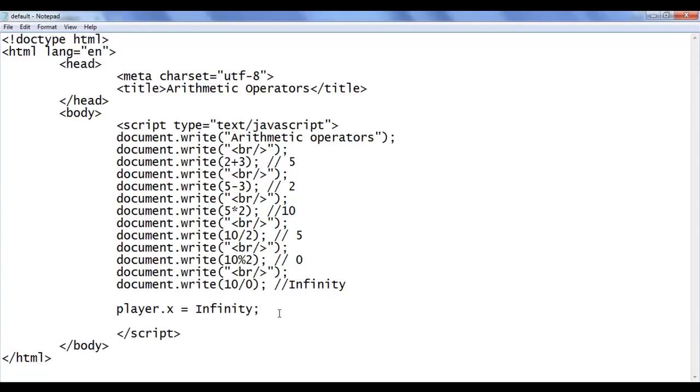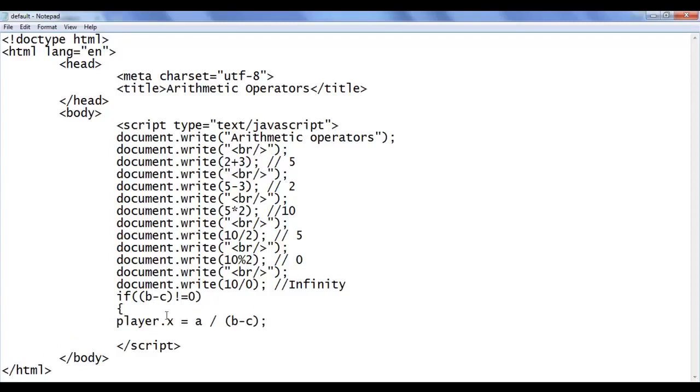So remember that the denominator should never yield 0 in any case. For example, if you are writing this expression player.x is equal to A divided by B minus C, you should put that in a condition. You should first check the condition: if B minus C is not equal to 0, then only this expression should be evaluated.